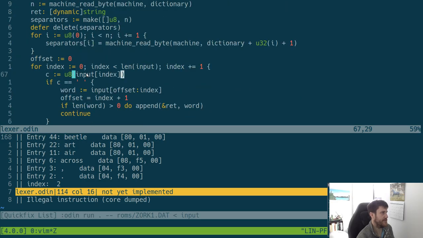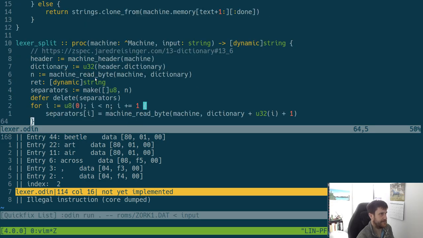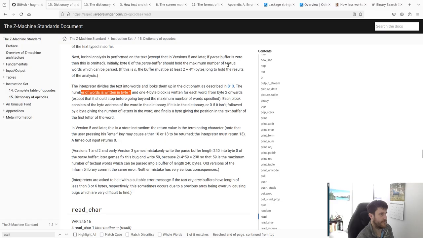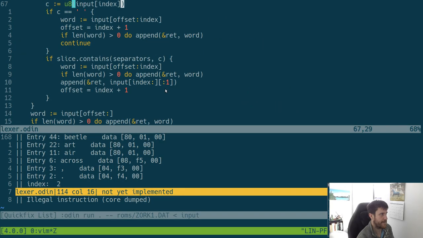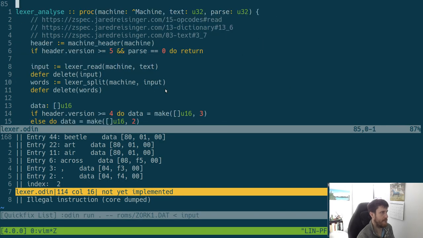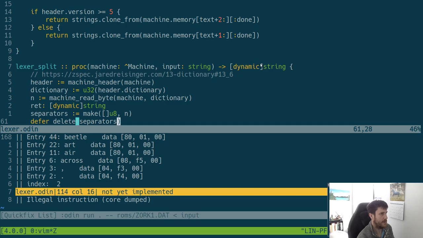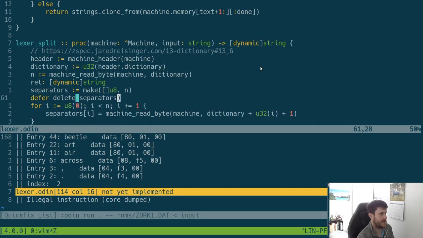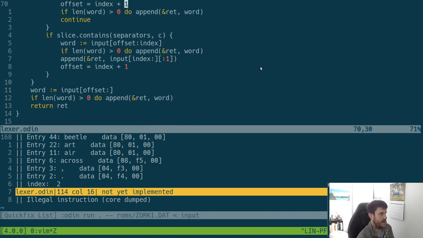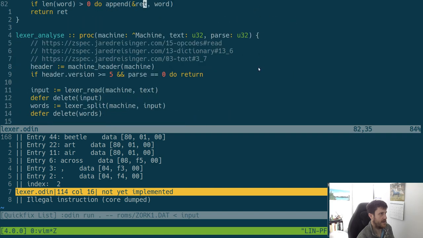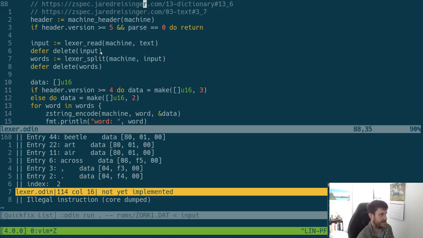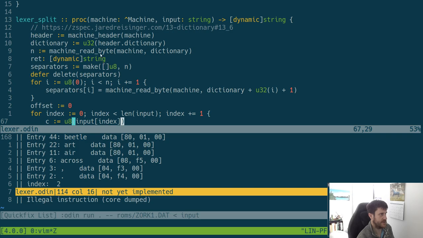We split the words, but I guess we could probably pass it because it already reads it. The split is really just to get that. So I'm wondering